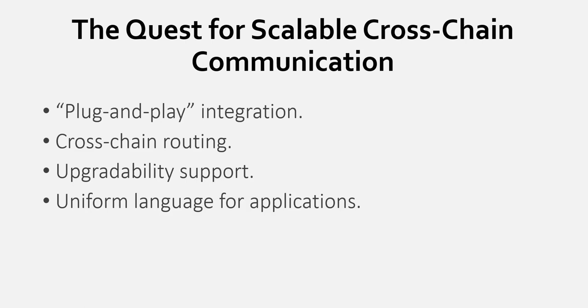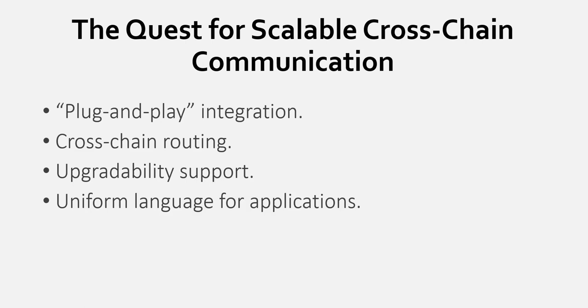At the core, cross-chain communication requires that heterogeneous networks find the ability to communicate using the same language. To solve this, we explain the Axelar protocol suite, describe its high-level properties, and explain how these properties address the core of scalable cross-chain communication. 1. Plug-and-play integration. Blockchain platform builders should not be required to perform heavy engineering or integration work to speak some custom language to support cross-chain. The cross-chain protocol should be able to plug in any existing or new blockchain frictionlessly. New assets should be added with minimal effort.